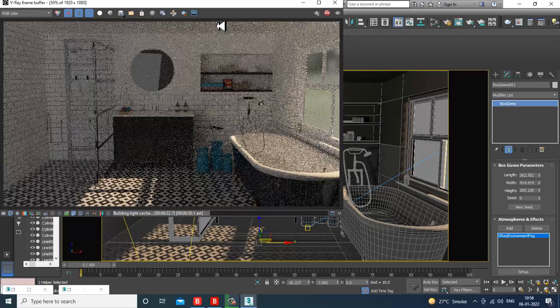Can check that out. It's getting a lot of noise. We'll check out a few of the settings over here.